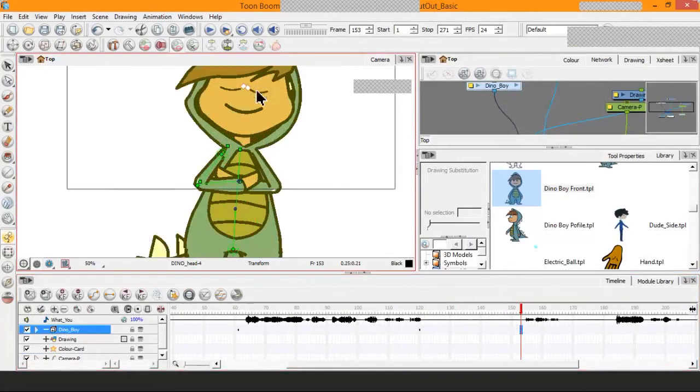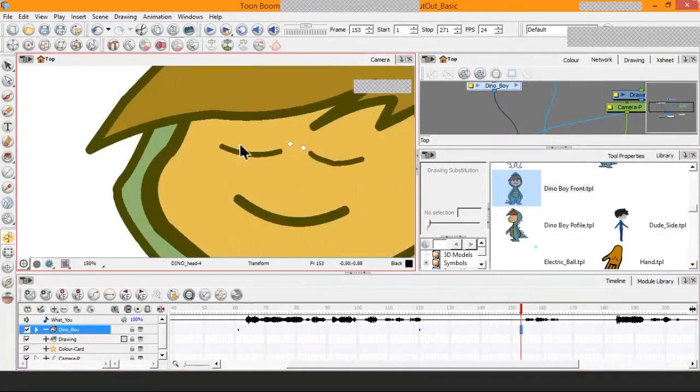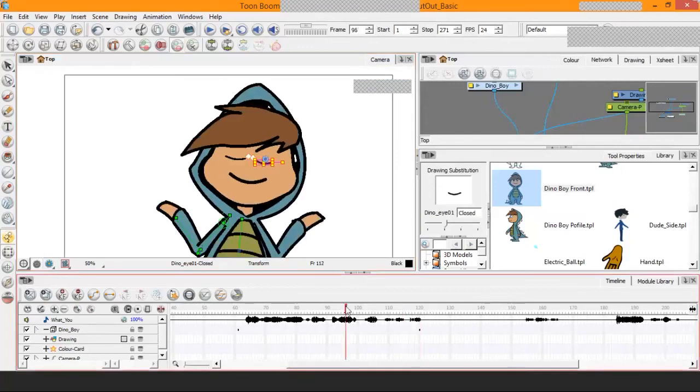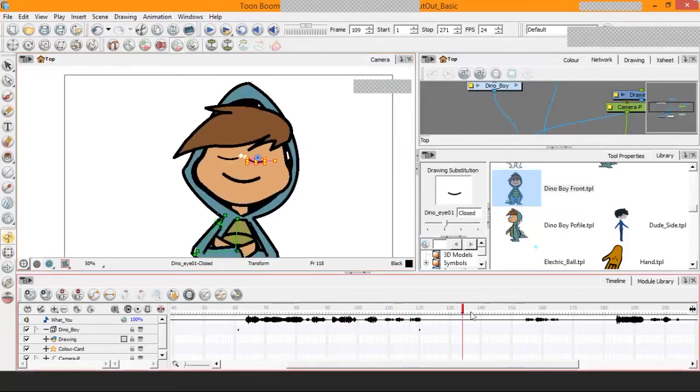And I'm going to simply substitute the half open. And I'm using my bracket key as a shortcut to substitute them to be half open. So we'll have that drawing. So what's happening is that